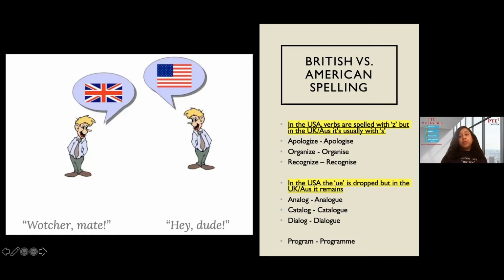Also, one other important thing is that in PTE, because you already know this is AI scored, artificial intelligence scores your writing. If you mix and match both types of spelling, the computer may misunderstand your ability. The computer may think you actually don't know the spelling of all these words, and then you can get a lower score. So let's not take that risk. Keep strictly following one spelling convention for the PTE test.